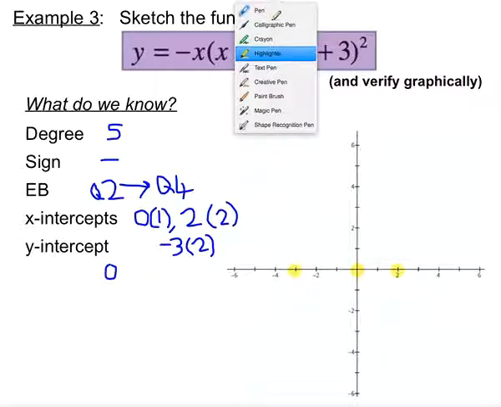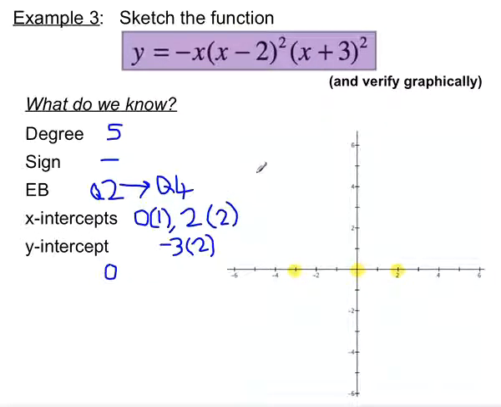I can also go and plot my end behavior, which will run from Q2 down to Q4. And now I just fill in the rest. I know that as I come down to the x-intercept at negative 3, there's going to be a bounce. Next, when I get to the x-intercept of 0, order 1, I'm simply going to pass through. And then when I hit the x-intercept of positive 2 of order 2, there's going to be another bounce on the x-axis. And my graph ends up looking something like